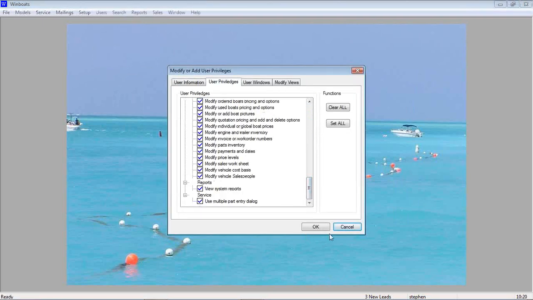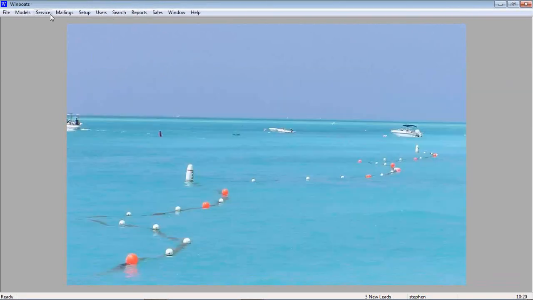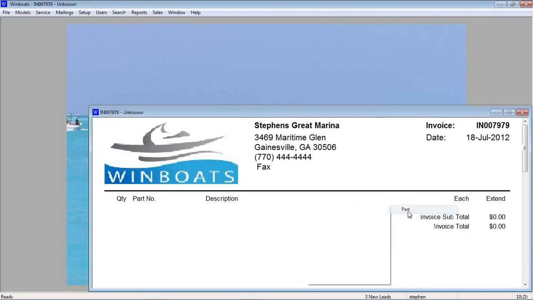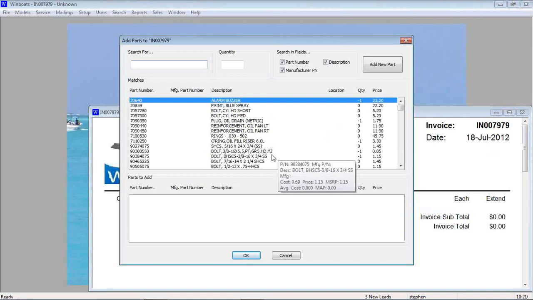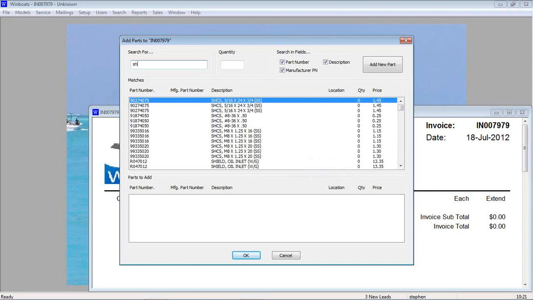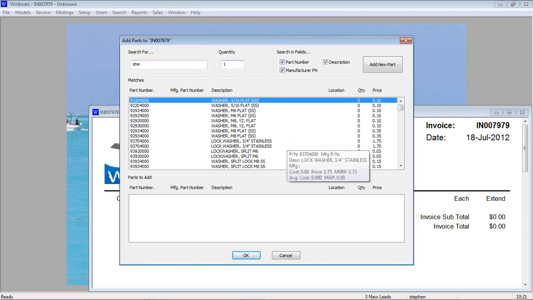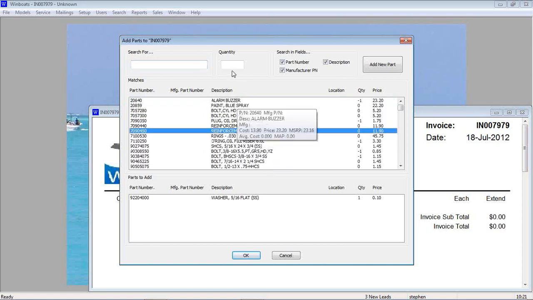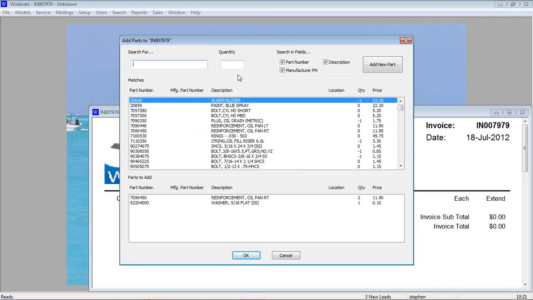part entry dialog box can be a little confusing if you don't know how to use it. When you add stuff to a work order and invoice, you have two dialog boxes, a top and a bottom. And to actually add a part to a work order, you have to search, tab, and enter a quantity. When you're in the quantity box, press enter, and it adds it to the bottom. Only parts at the bottom will get added to the work order. Select the part, enter, and press